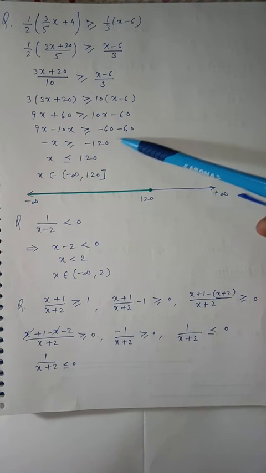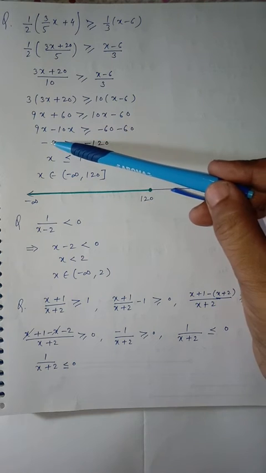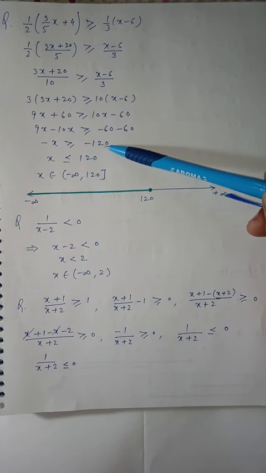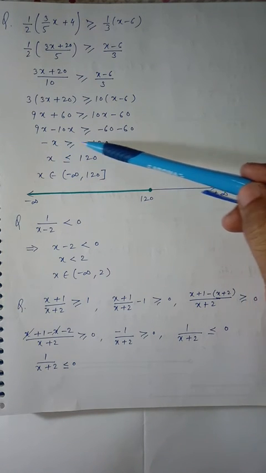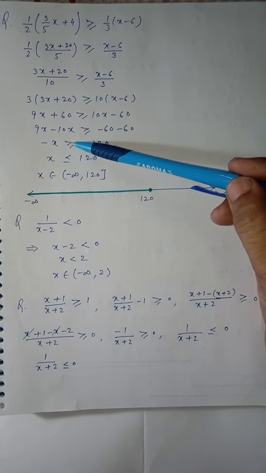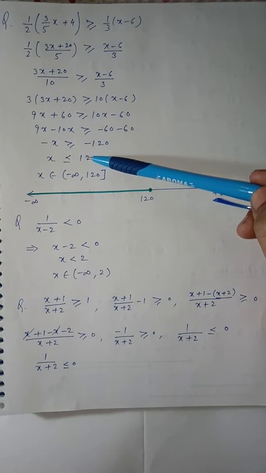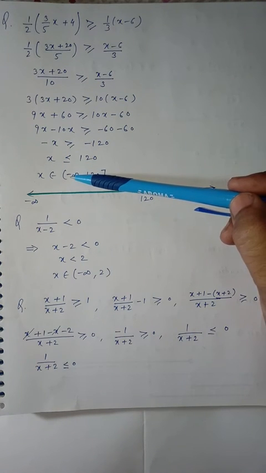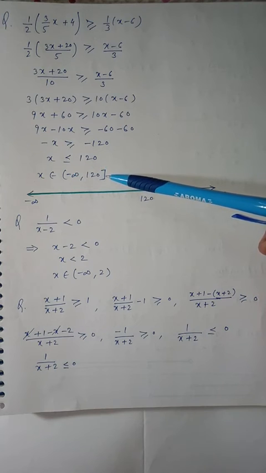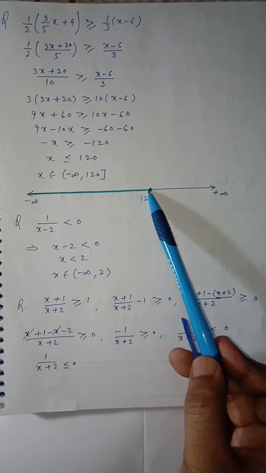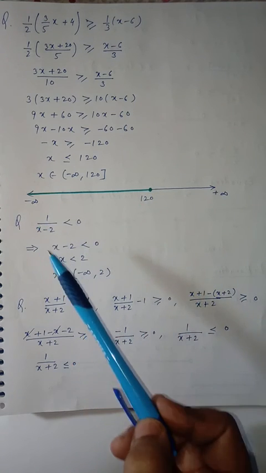Now please note, there is a step. We cannot cancel the minus signs and write the answer as x greater than or equal to 120. If somebody does that, you are wrong. So multiply both sides by minus. This will become plus, and the sign will change. So the final answer is x less than or equal to 120. In interval form, 120 will be here, from minus infinity, a closed interval with a square bracket, because equality is present. The solution is 120, a green thick line till minus infinity.